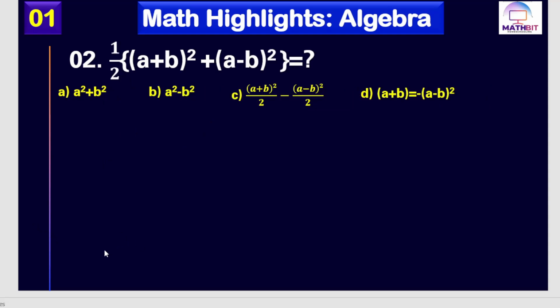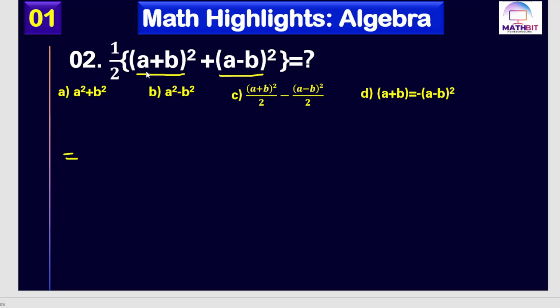Next one: 1 by 2 inside bracket, here is (a plus b) whole square plus (a minus b) whole square, and what is the value? Here are some options. So what can we do? Look,